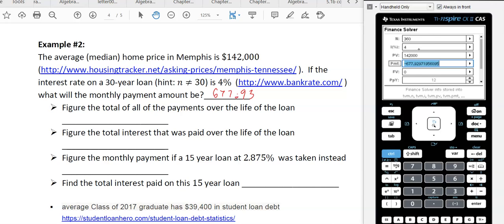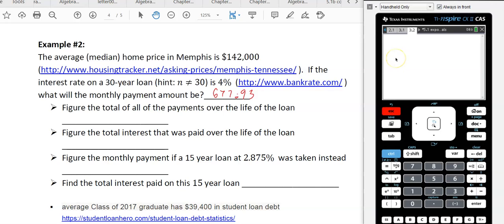Figure the total of all the payments over the life of the loan. Okay, so if you go to a calculator page, so I'm making 360 payments times 677.93. I paid the bank $244,000. Why would I do that? Why would I pay them so much? Do I just like the bank? You know, why did I pay them over? The house only cost 142, and I'm paying them 244,000. It's quite a bit,